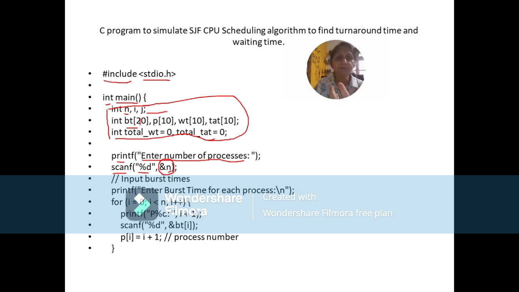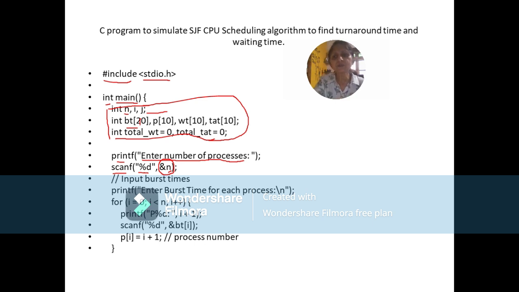Now we know how many processes there are. The next part is to accept the burst time of each and every process. Since this is a repetitive process, like accepting the burst time of the first process, then the second process, third process, fourth process, accepting the burst time is a repetitive task, so we will be using a loop.